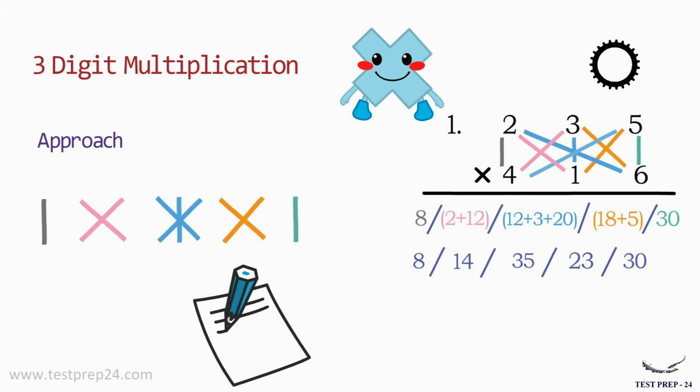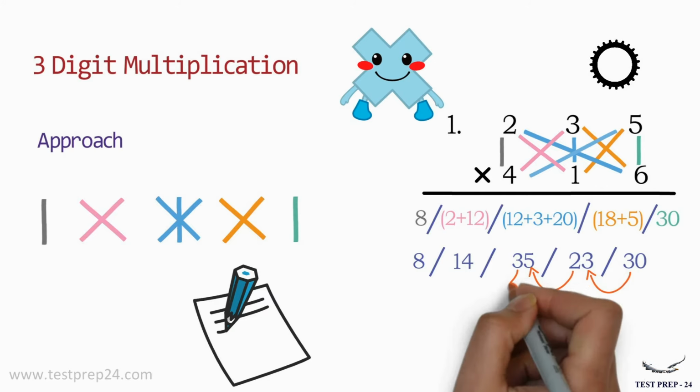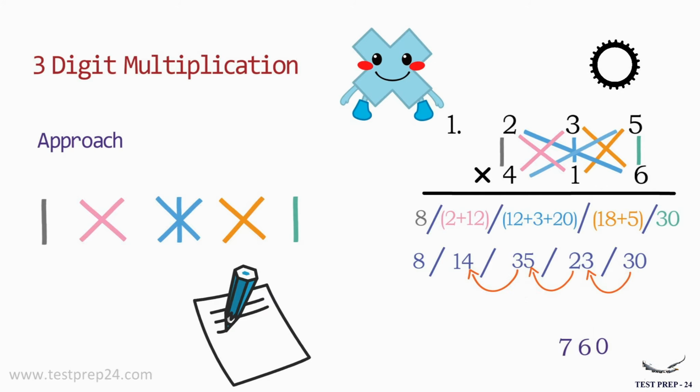So as I told you, in every part you should have a single digit. So the extra digit will be carried to the previous part. So the last digit will be 0. 3 will be carried to the previous part. So 3 plus 3 is 6. And then 2 here is the extra digit. So 2 will be carried to 5. 2 plus 5 is 7. And then 3 is the extra part. So 3 plus 4 is 7. And 1 will be carried to the previous part. So 1 plus 8 is 9. So your value will be 97760.